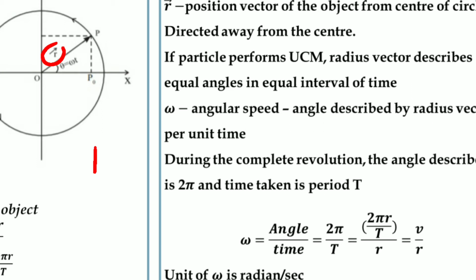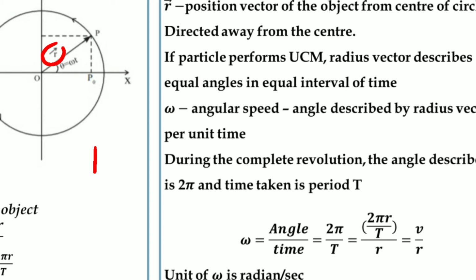It makes some angle theta with the x-axis, which is given in your figure, and this theta is always changing from 0 to 360 degrees, because a circle has 360 degrees, right? So we can describe a new physical quantity, which is omega,